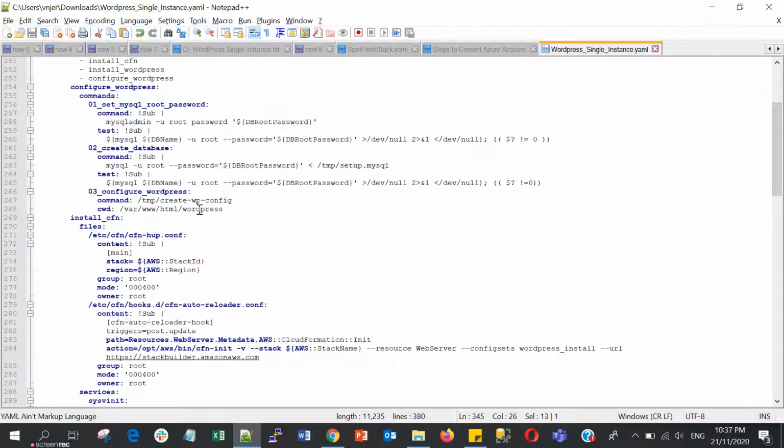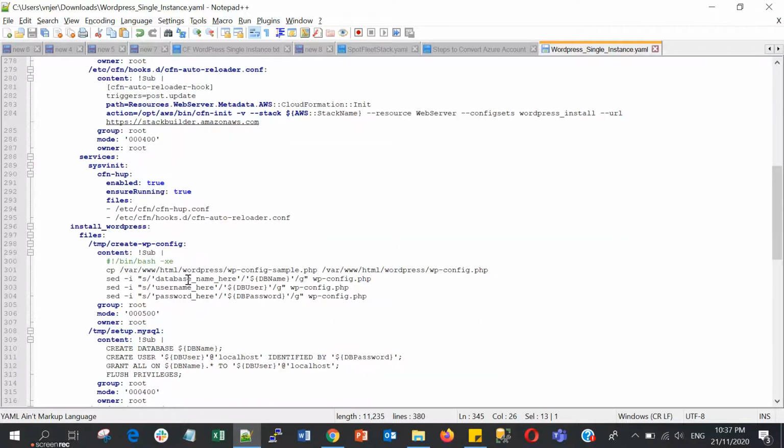So after unpacking, we get this file and then we copy it into another file. Then sed is basically changing the database name, username, and password. These are the values, the parameters that we inserted during the stack creation, and we will edit these values inside the